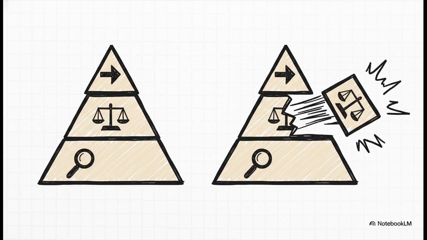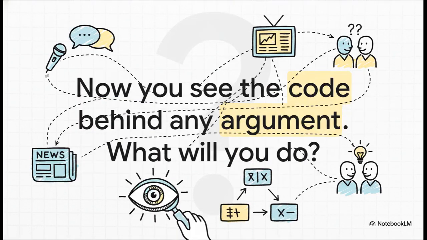You see how that works? It's this beautiful, logical flow. Fact leads to value, and value leads to policy. Strong arguments are built just like this pyramid. And if you try to skip a step, if you try to argue policy without establishing facts, the whole thing just crumbles. So from now on, when you're listening to a debate or watching the news or even just talking